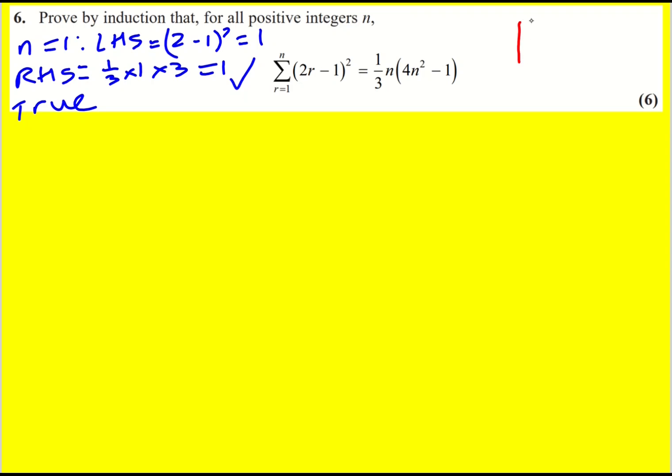This is us basically saying, right, we've got a domino. It's the first one, and it's going to start falling over. And now we're going to assume that this domino falls over later on, n equals k, and that it causes n equals k plus 1 to fall over. That's the idea here, and then it will all come together after. So assume true